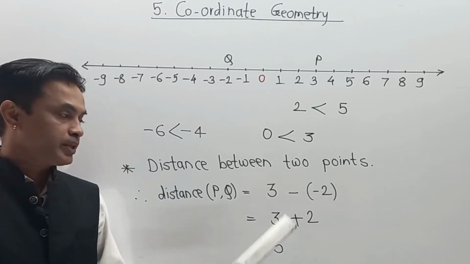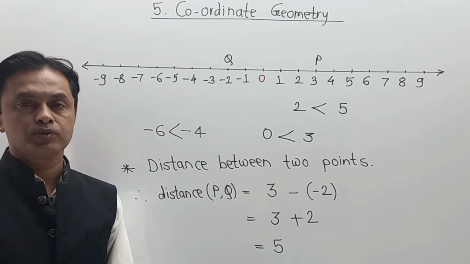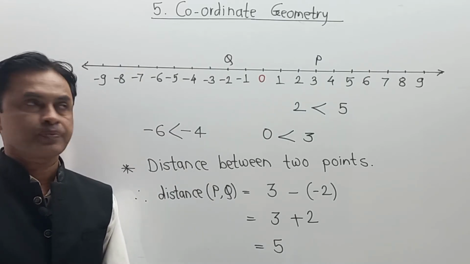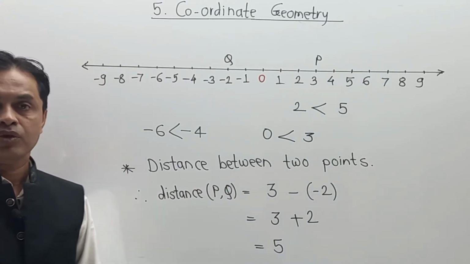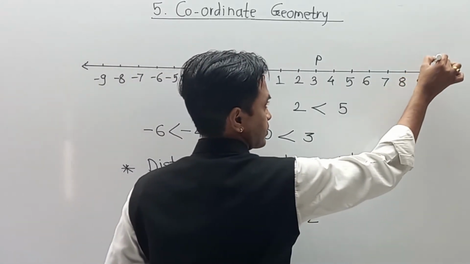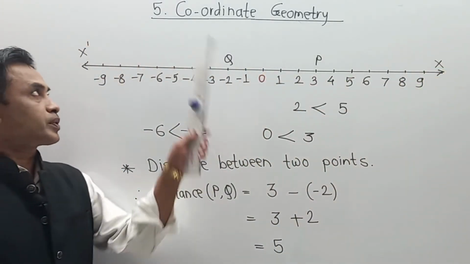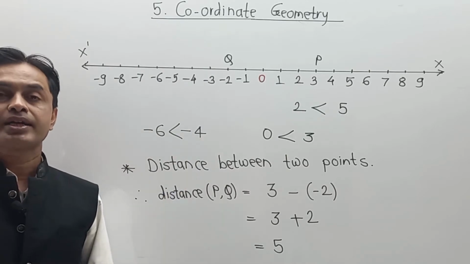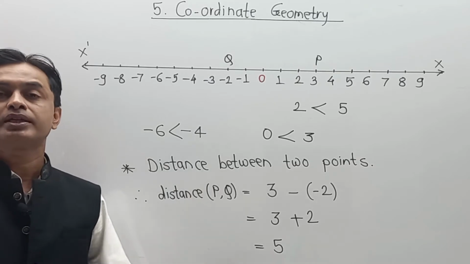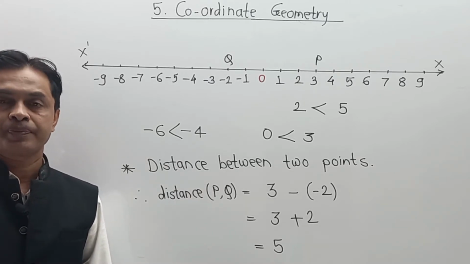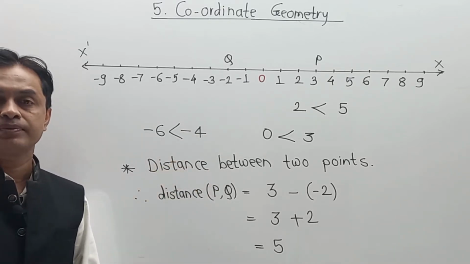With the help of this calculation, we can calculate the distance between any 2 points in a given line diagram. This is what we generally represent in the form of the x-axis, or logically we always indicate it as x dash. But in coordinate geometry, we also have to take the y-axis into consideration, and according to the x and y-axis, we are going to calculate the distance between 2 points in a given plane. That is the methodology we now have to learn. So first, understand this concept clearly.